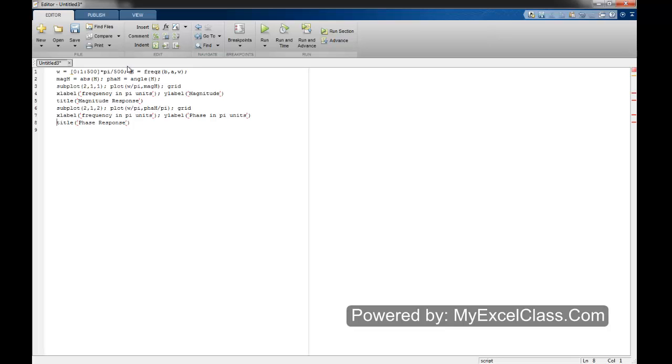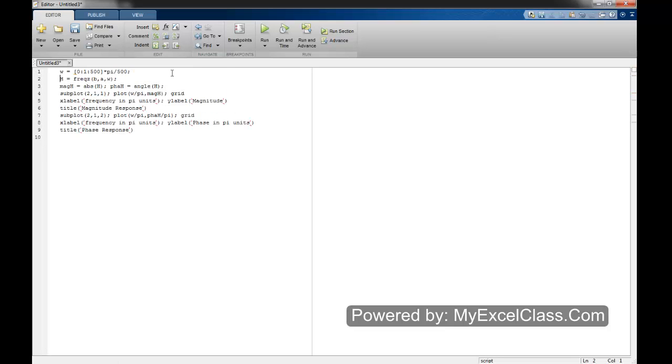The first line is basically creating the omega, or just a sequence of your signal, starting from 0, increment of 1 and going to 500, multiplied by pi divided by 500, and the h will get the frequencies, which is an inbuilt MATLAB command to compute